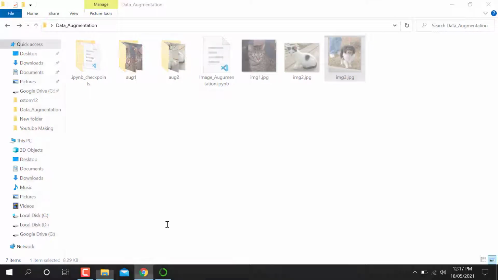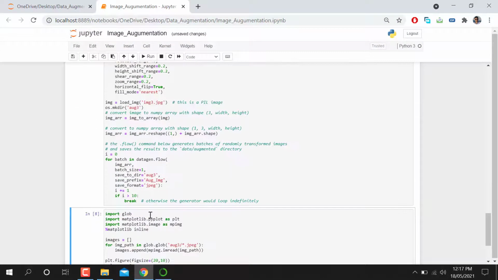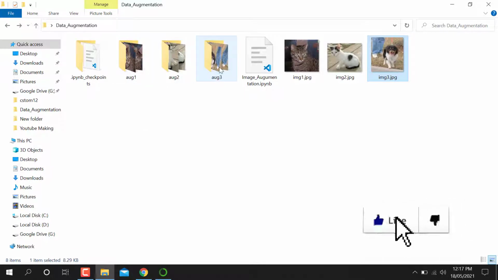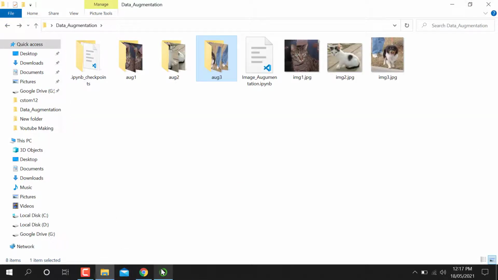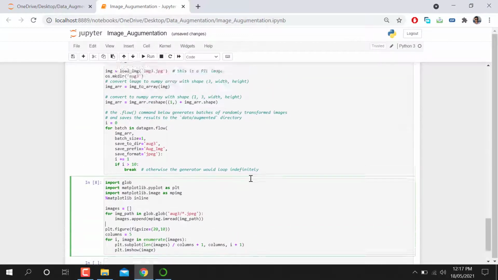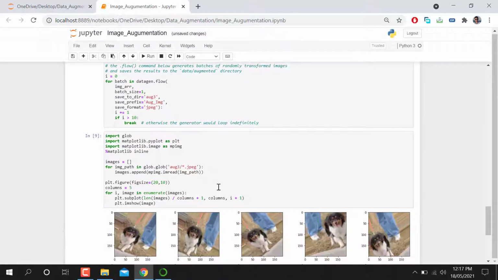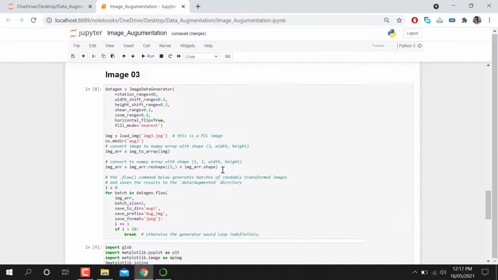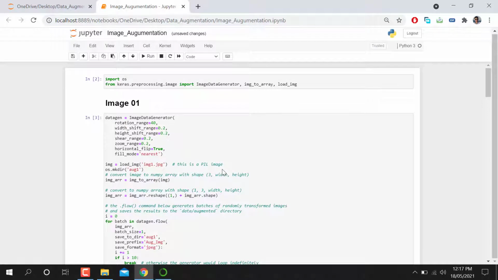So when I run this cell, it will take that image and create a new folder. When you see here, it creates a new subfolder of that data, that image, and increases the number of images. After that, I'm simply running this last cell, and it will show all the data set related to dog. So far, this is basically a simple data augmentation technique to increase your data set.